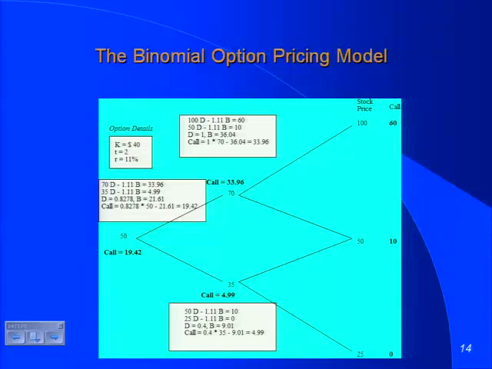In fact, that's all I did. I took the 2 equations, solved for delta and B. And at the stock price of 70, the answer I get is delta is 1, B is $36.04. You're saying, what the heck does that mean? The stock goes to 70.